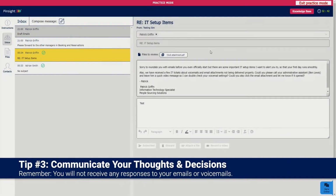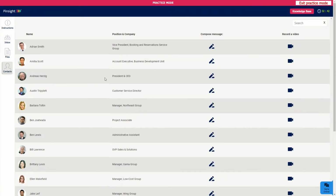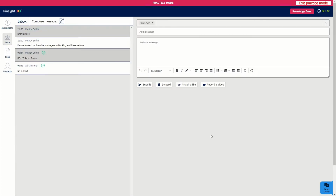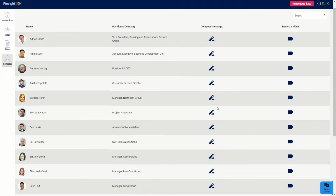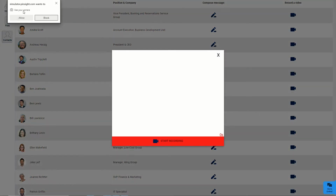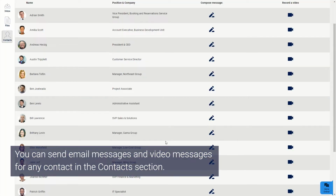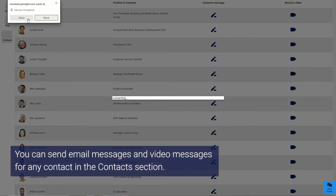Tip number 3, communicate your thoughts and decisions. A successful leader keeps people informed of important decisions and builds relationships with valuable colleagues at work. The same is true during the simulation. You will have access to contact information for key employees and business partners in the Contacts section of the simulation. You can send email messages as well as leave a video voicemail for any contact by clicking the telephone icon